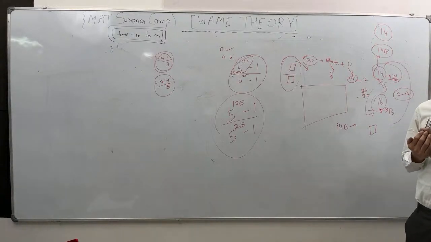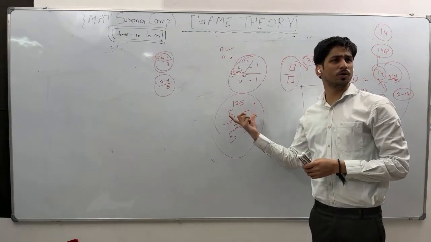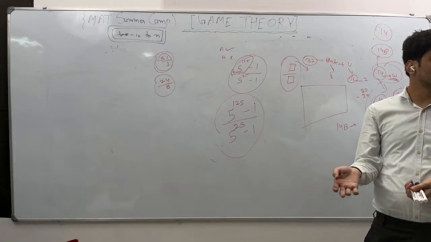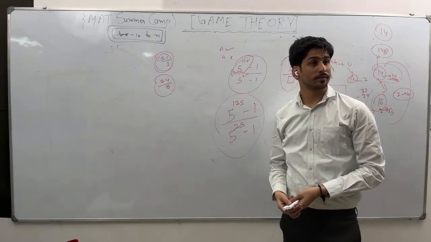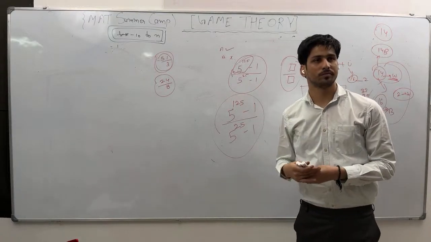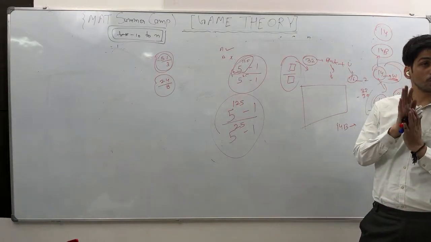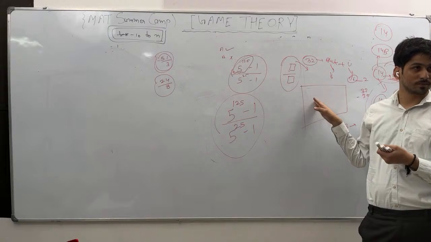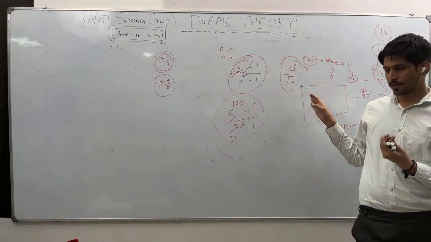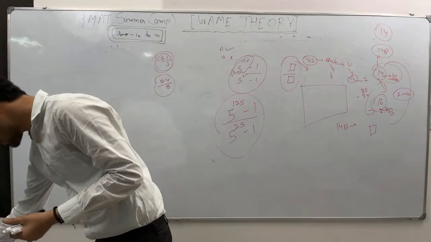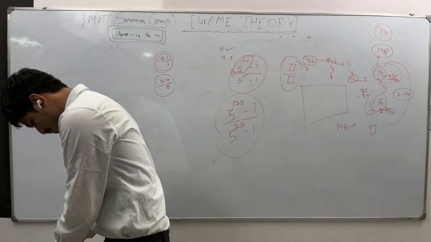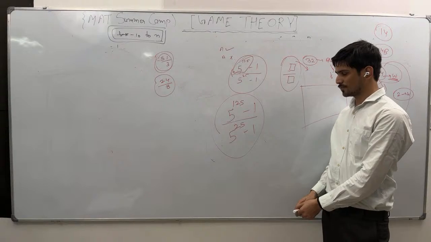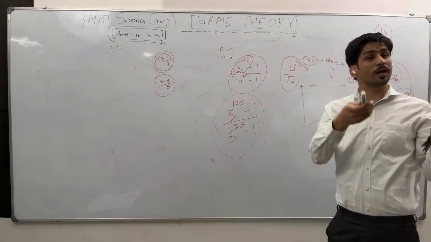Are you getting my point? What you are telling is that this will be an even number, I know. Even by even is what? It can be odd also, right? 24 by 8 is what? 3. So that can be odd or even. But an odd number divided by an odd number will always give an odd number. Clear? Is it clear? I am telling that even by even can be odd or even.